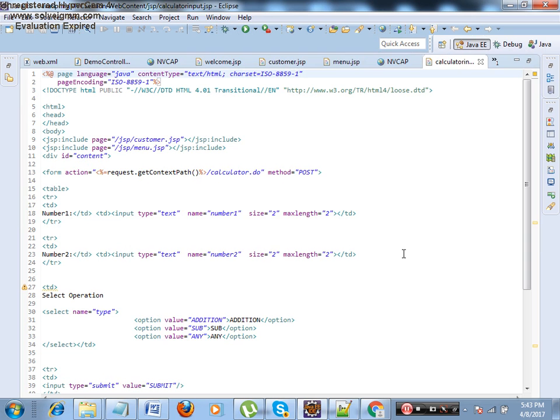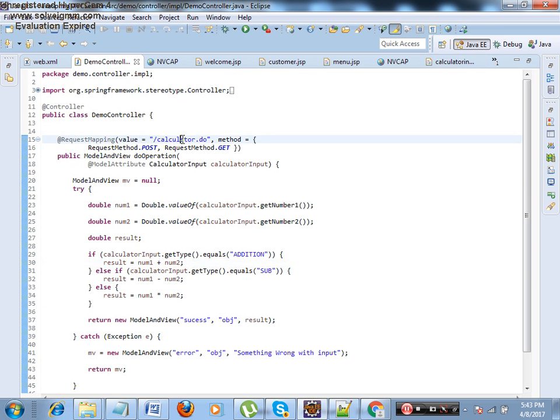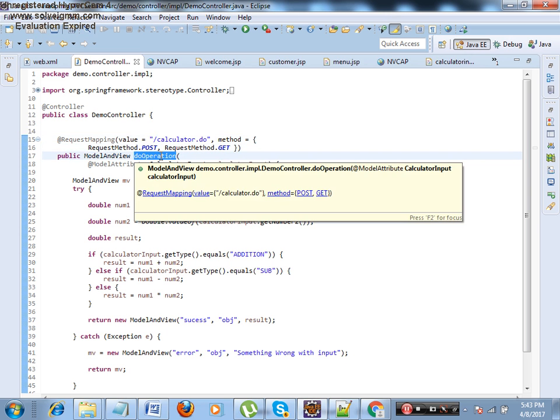See the calculatorinput.jsp, what is the form action? Calculator.do. Go to your controller and look at the request mapping, calculator.do. Both of them match, and it will call this function, that is the doOperation function, because of the match between form action and request mapping value.